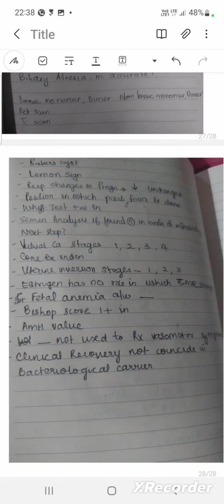Semen analysis, if it is normal, one more time you can repeat. Then after 2 values, if it is again normal, the next step is looking for FSH. Vulval cancer stages. So first stage 1A, it is less than 2 cm and less than 1 mm depth. More than